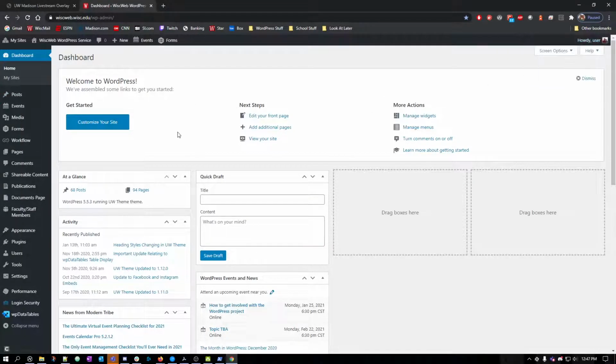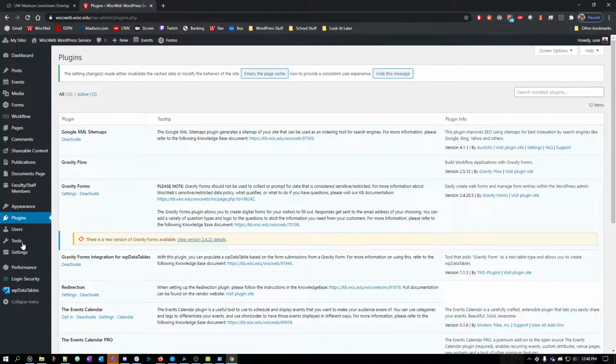Okay, so I'm in as my test user. The other aspect of this is the self-service plugin functionality. When you're logged into your dashboard, you can go to plugins, and you have to give it a second minute to load because it is querying the database for all of these. So this does take a few minutes.